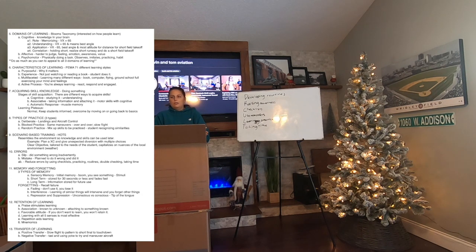Last one, transfer of learning. This is how you go from one context to the next. So positive transfer: you have skill A and it helps skill B later on. Positive transfer of learning would be something like going out and doing slow flight and having them later come out to the pattern and do a short field landing. They are more comfortable going at such a low speed. So that is a positive transfer. They're making that connection: okay, I should be coming in slow because I'm trying to stop right when I touch down, because there's a short runway.